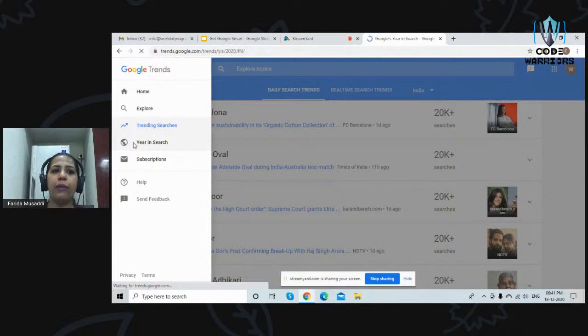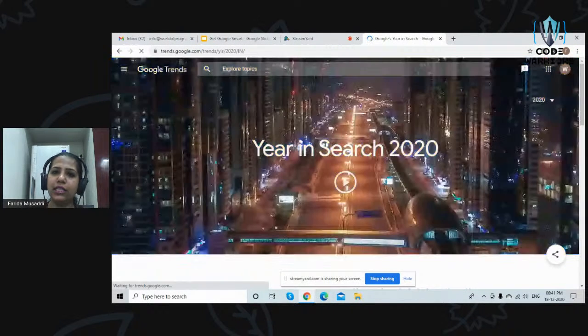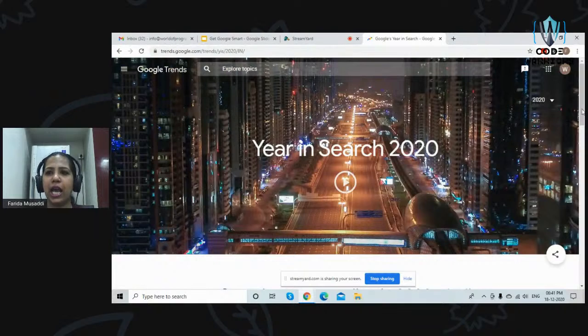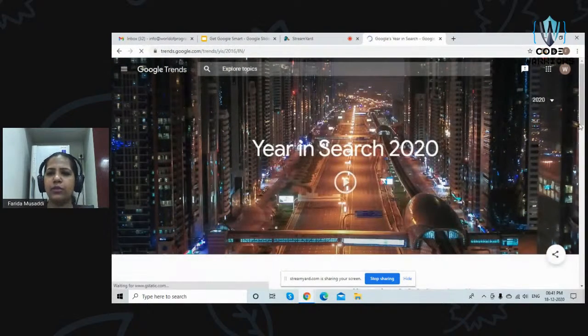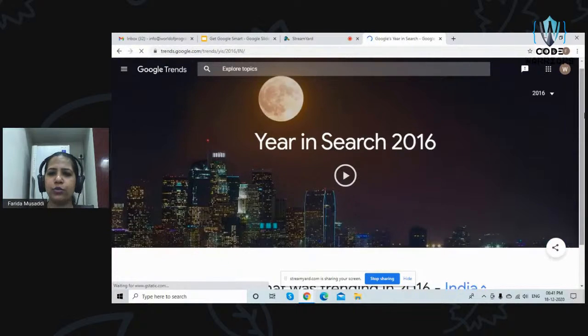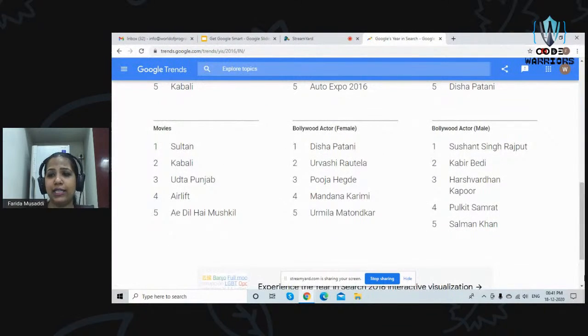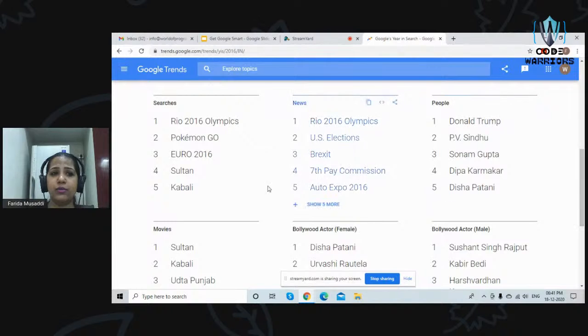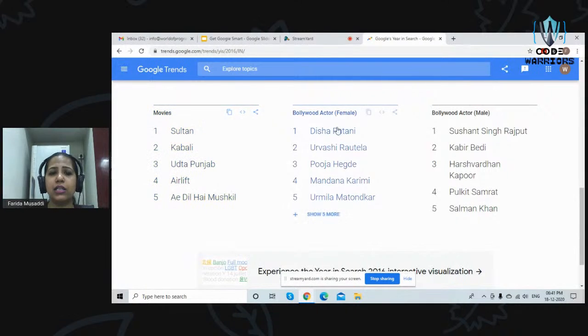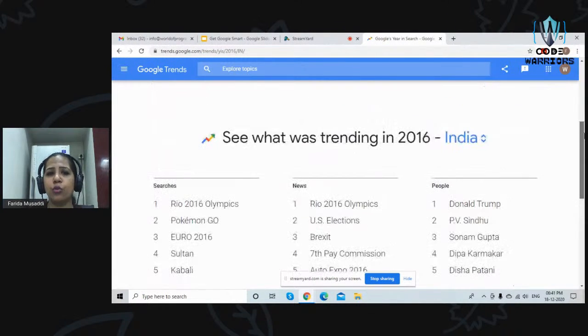Also, I can go back to a particular year. This is 2020. I want to search what was trending in 2016. So I go back to 2016 and I see what was trending in 2016 in terms of searches, in terms of news, people, movies, actors, male, female, and so much more.